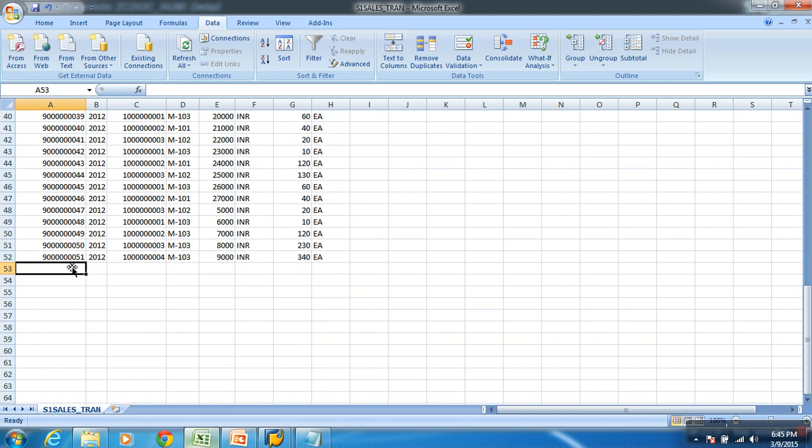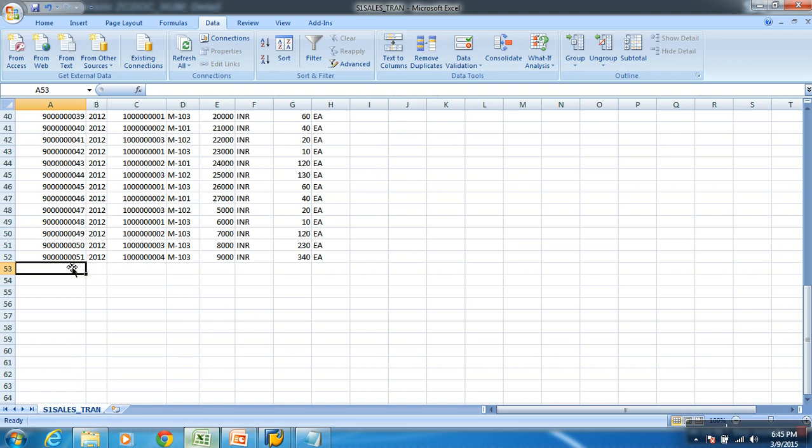What happens if it's less? Say here the values are with 10 digits, but you say length is 4. What will it do? It will not give any error. It will take only the first 4 and eliminate the other 6. If the length of the info bit is less, it does not throw you an error while loading, because it is not a technical error, it's only a semantic error. It just takes the value for the first 4 characters and eliminates the remaining 6.